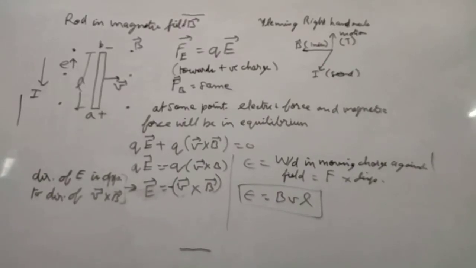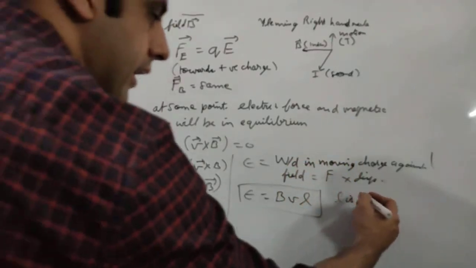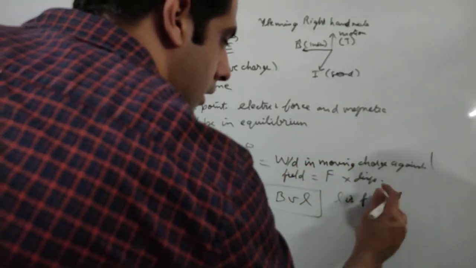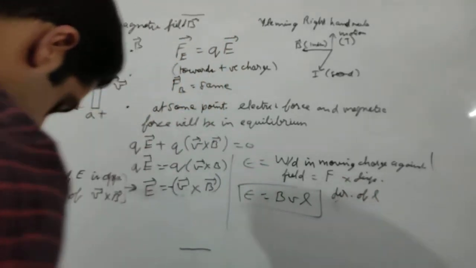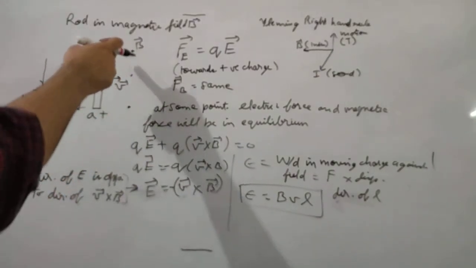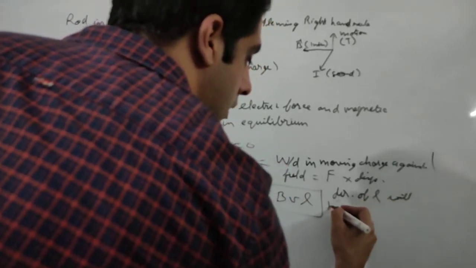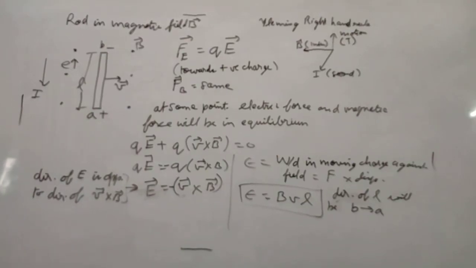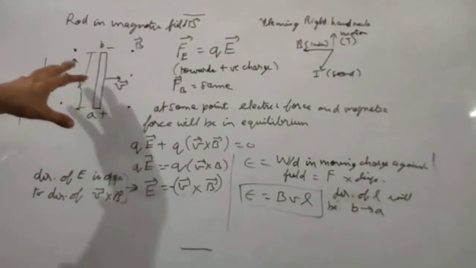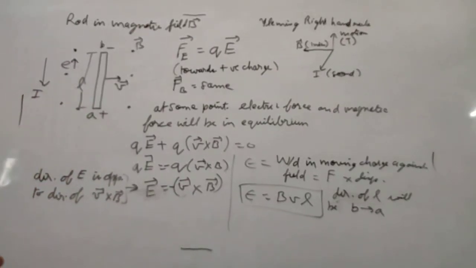And if we say length is a vector quantity, then the direction of L will be from B to A, in the direction of induced EMF, B to A. So make sure that you understand all the concepts. There are many things conceptually that are going on here. Make sure you pause the video and watch it again if you are not able to understand something, and still if there is some doubt, you can let me know.